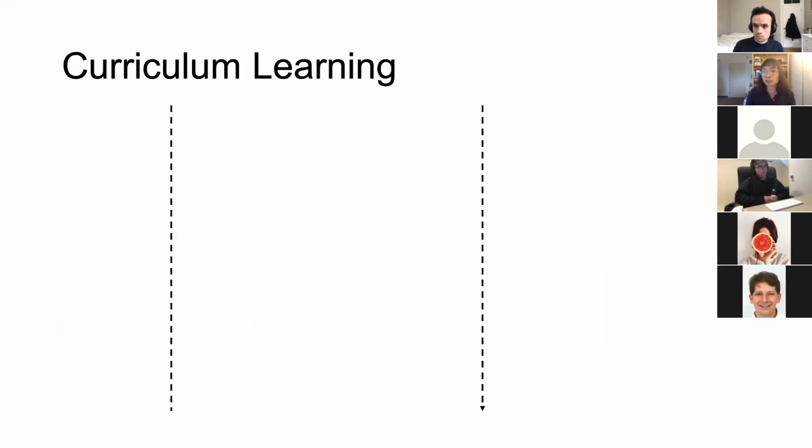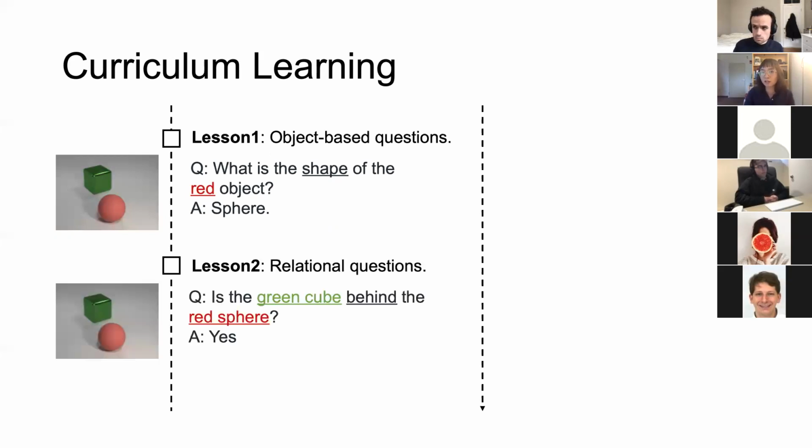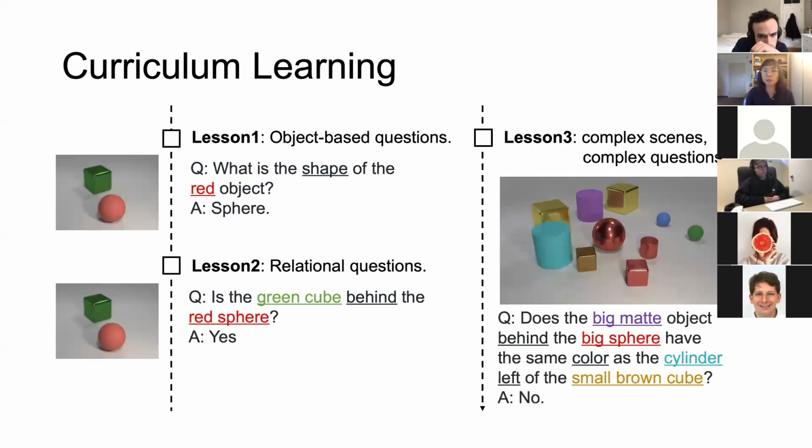To further facilitate this joint learning, we also draw inspiration from how children learn their visual concepts. So our model starts from learning object level concepts by looking at simple things and reading just simple questions. It then interprets referential expressions based on the learned object level concepts in order to learn relational concepts. Finally, in the third step, we extend it to learn from very complex things and very complex questions.